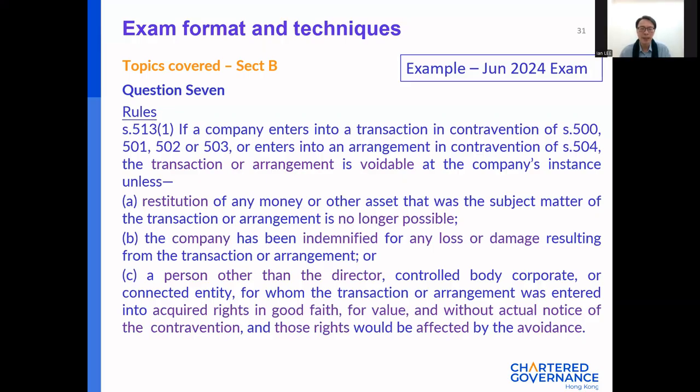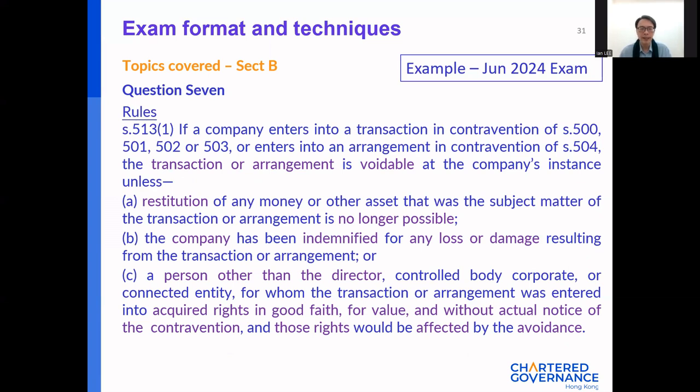Unless restitution is no longer possible, because it may not be possible to reverse the situation, or the company has been indemnified for any loss or damage. So even though this is not something the company has agreed, if any loss or damage is already indemnified, meaning someone else will bear the loss or damage, then it is okay. Or a person other than the director